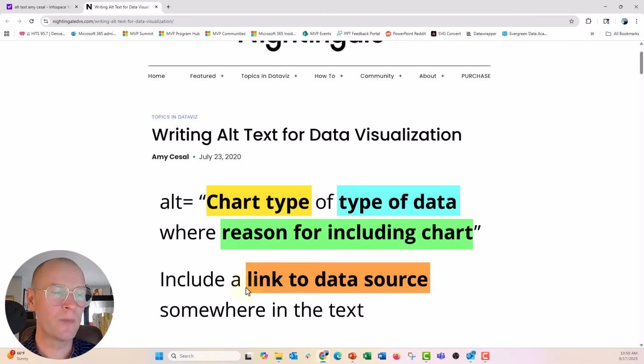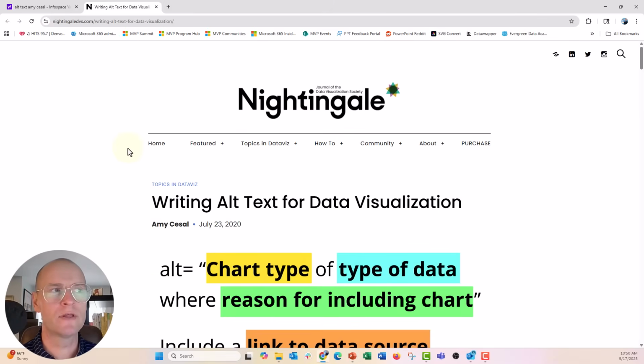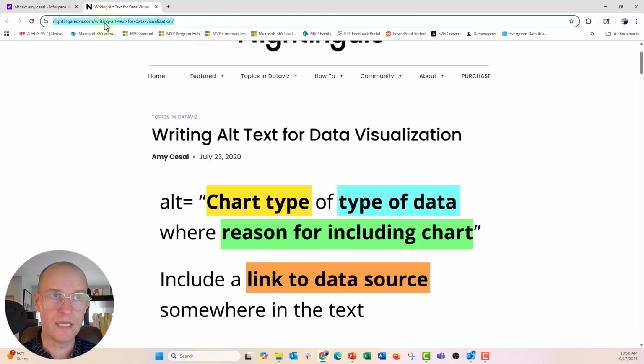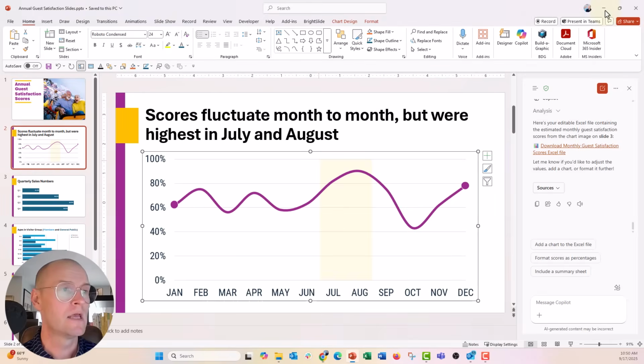To do a little bit of help here, I love this article in Nightingale by Amy Cecil about writing alt text for data visualization. She provides a really nice formula for doing that. I'm going to go ahead and copy this link. It's a public link, so I think it's okay to do that. I'm going to go ahead and put it into Copilot and say,